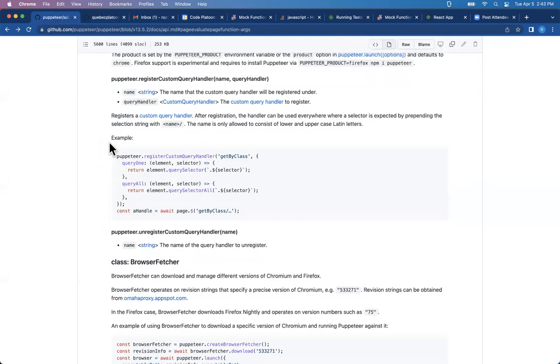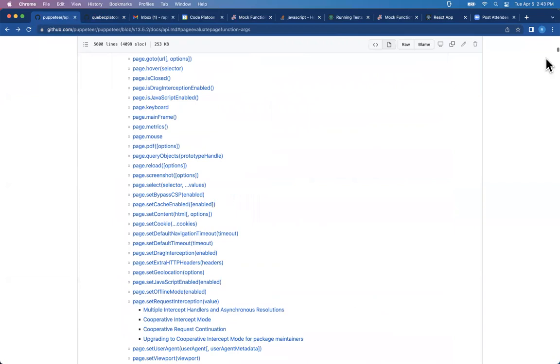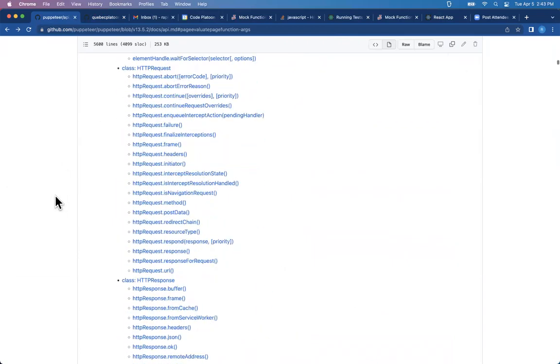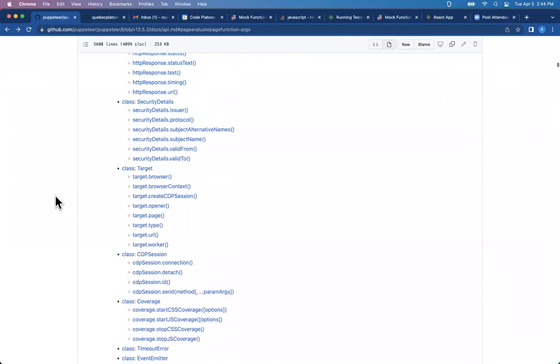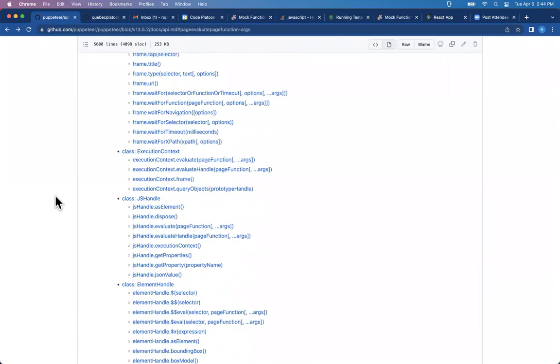So we linked to the documentation for it. They've got a lot. Honestly, just looking at how small the scroll bar is on the right side makes me kind of intimidated, just knowing how far I can scroll. But it's organized pretty well, I think, by classes here. So if we look at,